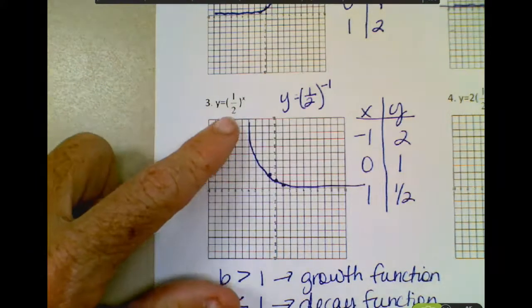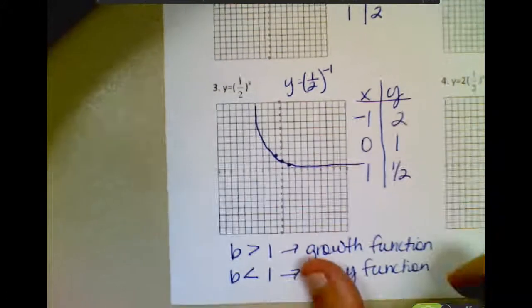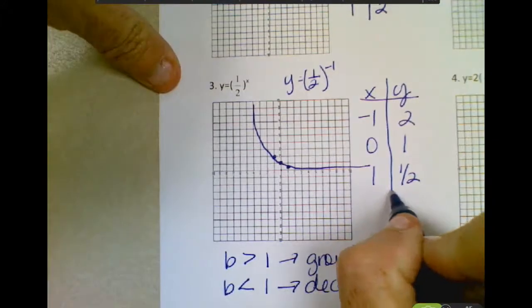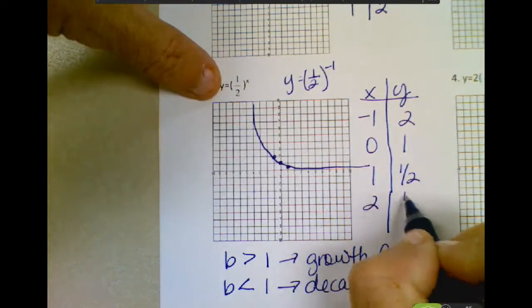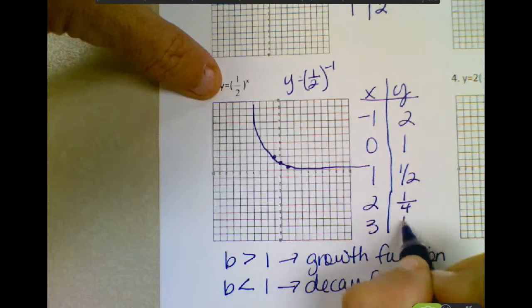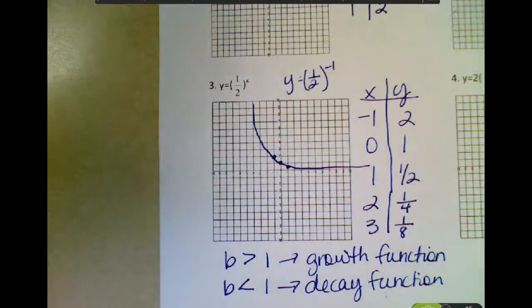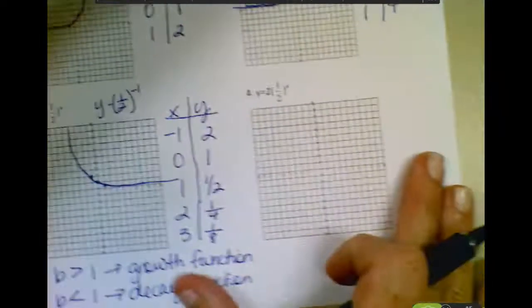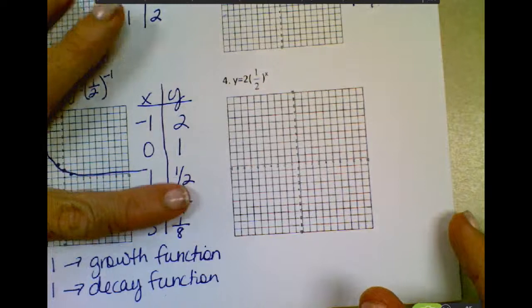And think about that. If I'm raising a half to a power, any power, let's just write out some powers of 1/2. So 1/2 to the second power will be 1/2 times 1/2, which is 1/4. 1/2 to the third power is 1/8. It's getting smaller and smaller and smaller, but never actually touching 0. Okay? All right, so now we're going to double all of our x values here, at least those first 3,